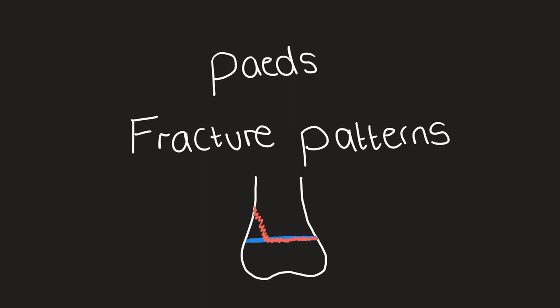In this video, we're going to cover the common fracture patterns that occur in the paediatric population. Because paediatric bones are softer than adult bones and more malleable, the types of fractures that you get can be